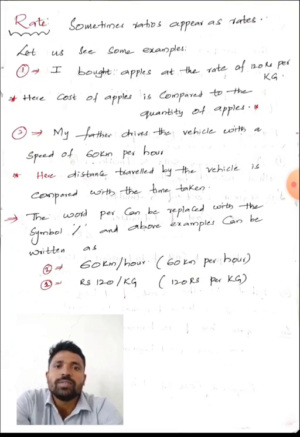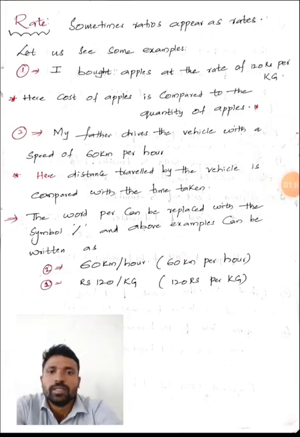My father drives a vehicle with a speed of 60 kilometers per hour. Here one quantity is 60 kilometers and the other quantity is time taken, that is in hours. Means one quantity we are comparing with the other quantity. Okay, now